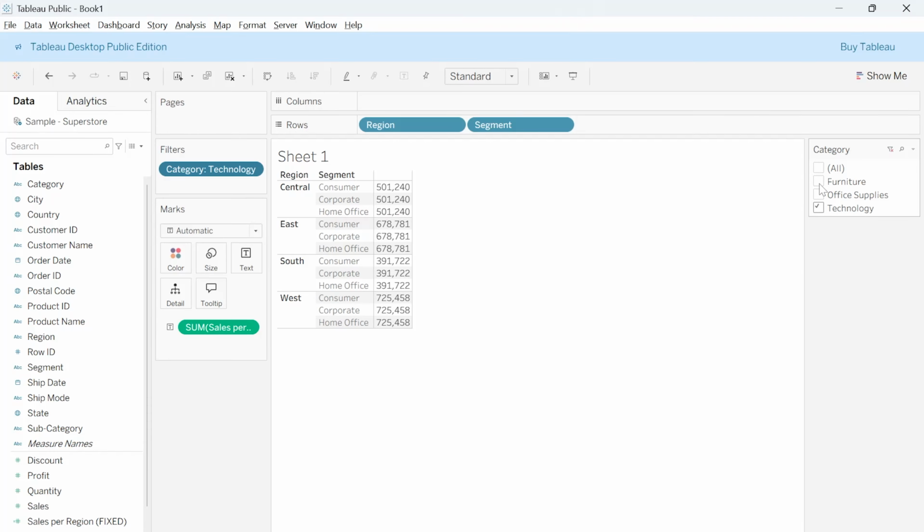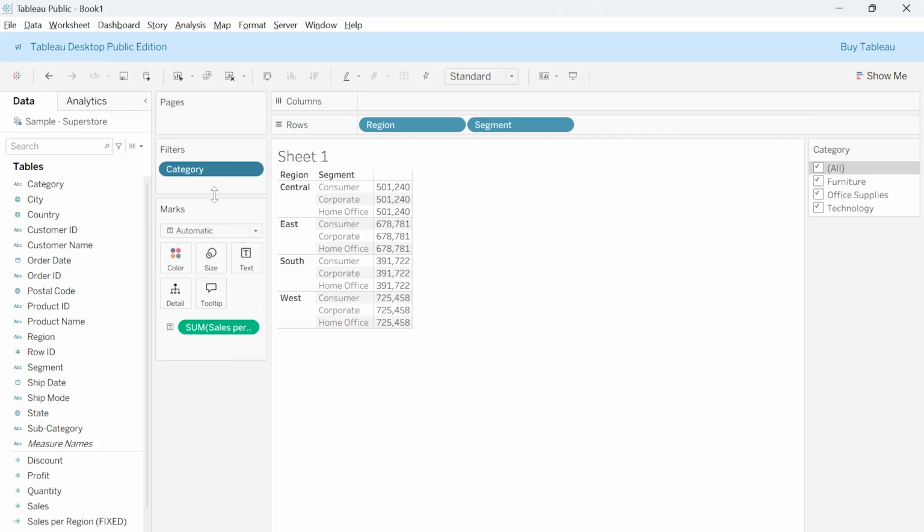You can see I only selected the technology category, still I am getting the same result. I added one more. So what it means is the fixed LOD works before the data get filtered